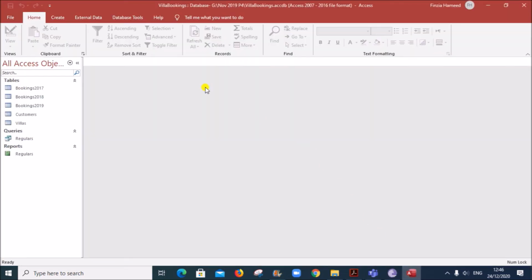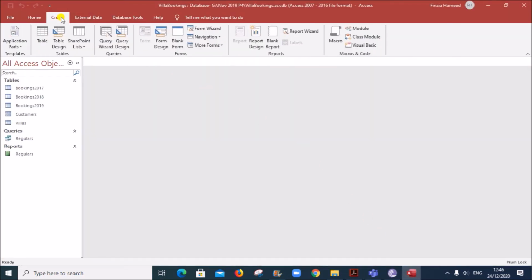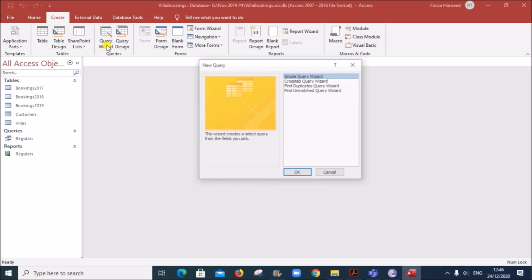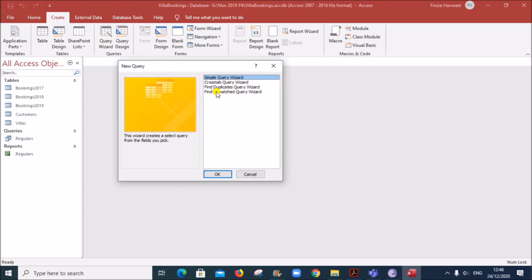In order to do that, let us go to create query wizard. We have an option here, find unmatched query wizard. You can see this creates a query that finds records in one table that have no related records in another table. So we will use the villas table and the bookings table of 2017.